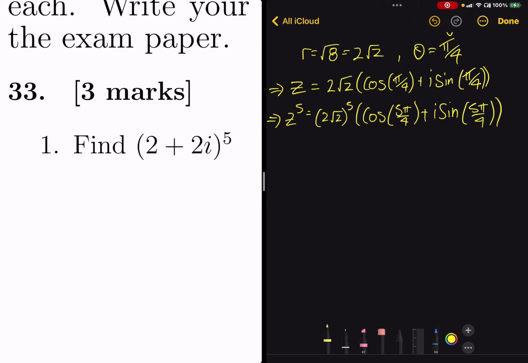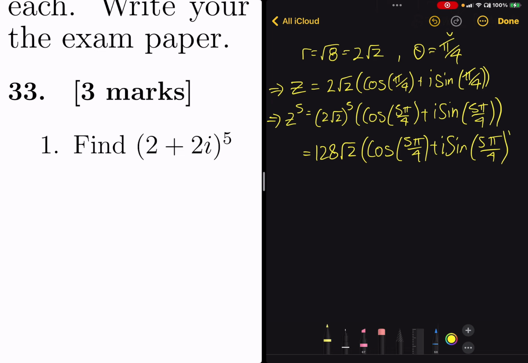Root 2 times root 2 is 2, times root 2 is 2 root 2, times root 2 again is 4 root 2. So we will get 32 times 4 is 128. This will be 128 root 2. So this will be equal to 128 root 2 times cosine 5 pi on 4 plus i sine 5 pi